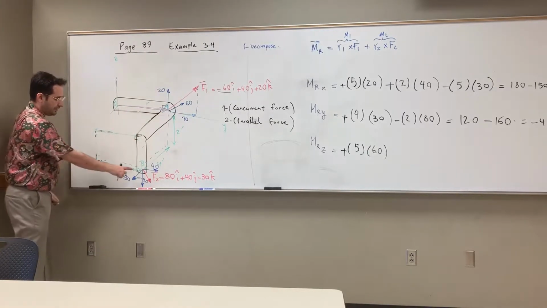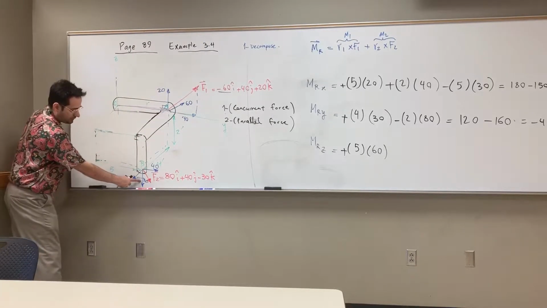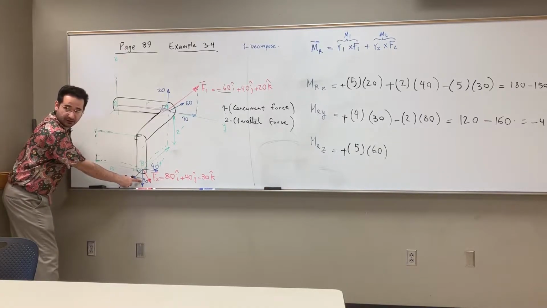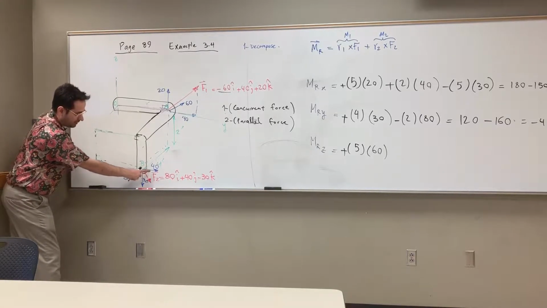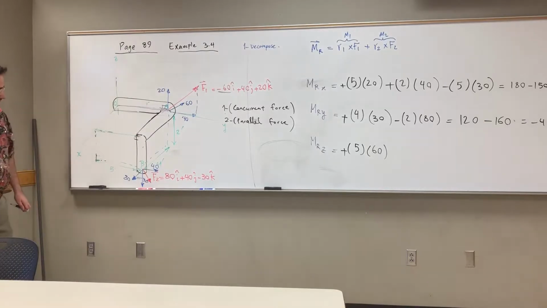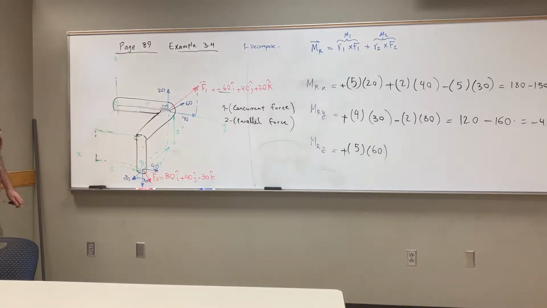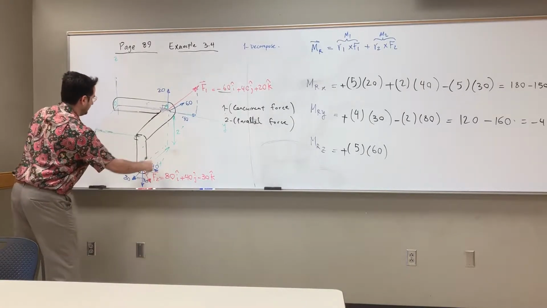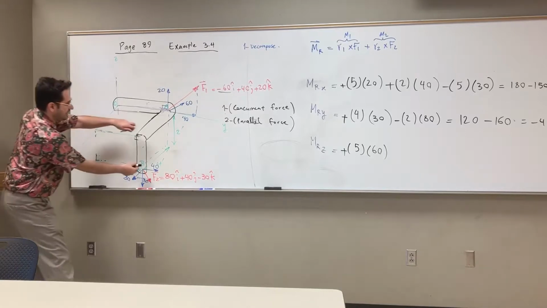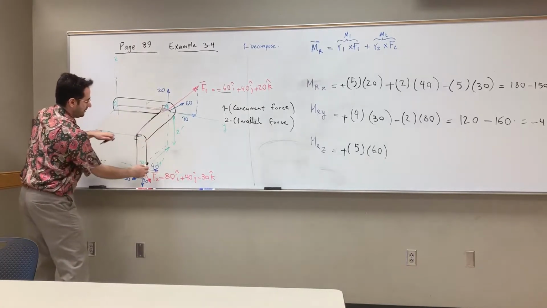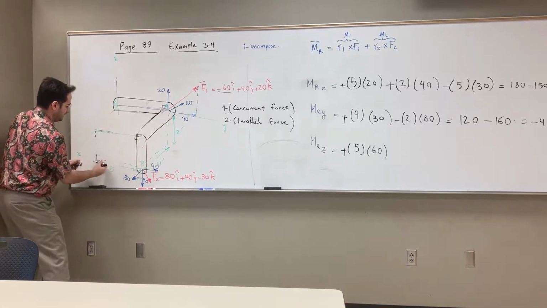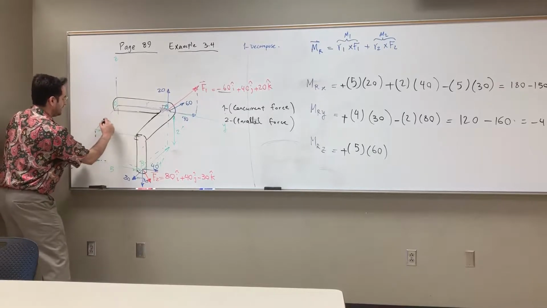Now let's go to this guy. What about this guy? 30, it's parallel, don't do anything. What about this 40? Move it back, all the way here. So what is your moment arm? 4, from here to here, right? 2 is the distance to this axis, but when you move it here, right, this is going to be distance